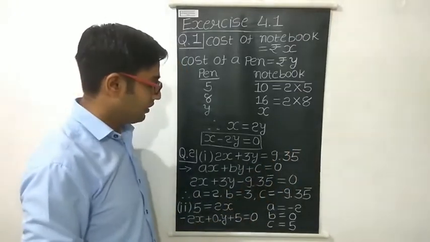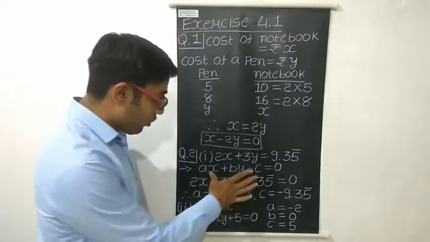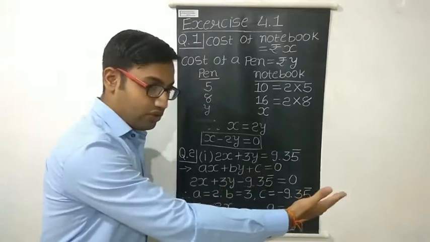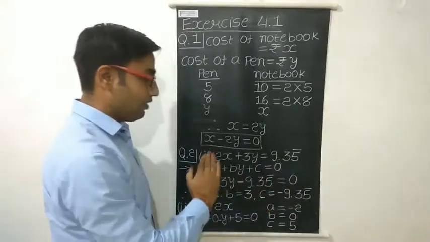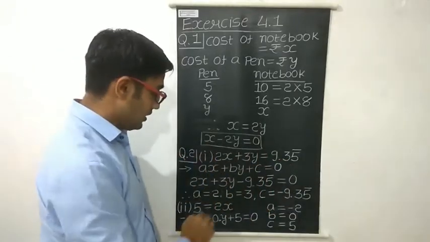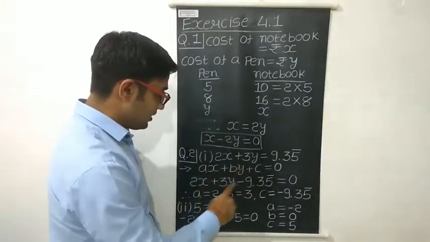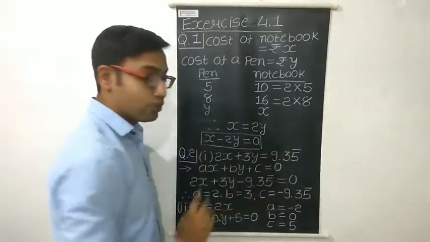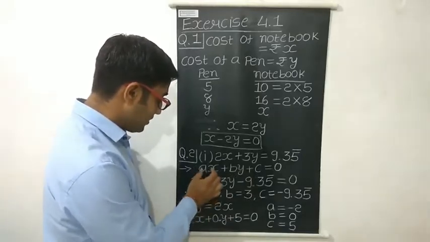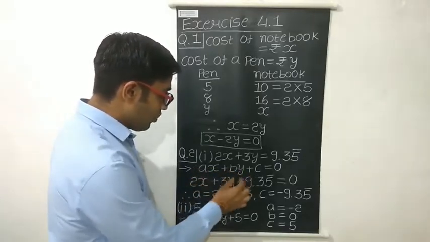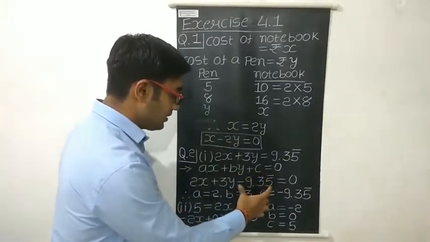So the first question given is 2x plus 3y is equal to 9.35 bar. Right? So the standard form is ax plus by plus c is equal to 0. According to this, on the right hand side of the equation there must not be any value, there must be 0. So we have to take this 9.35 bar to the left hand side. By taking this to the left hand side, it will become minus. So we get 2x as it is, 3y as it is, this term will become minus, is equal to 0. So now by comparing both these equations, we get a, that is the coefficient of x, is equal to 2, b, the coefficient of y, is equal to 3, and c, that is the constant term, is now minus